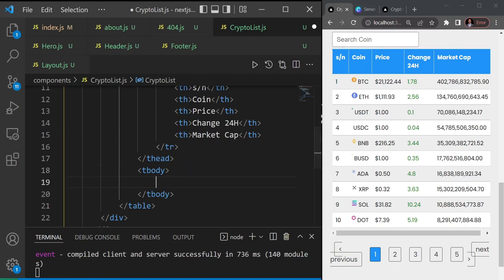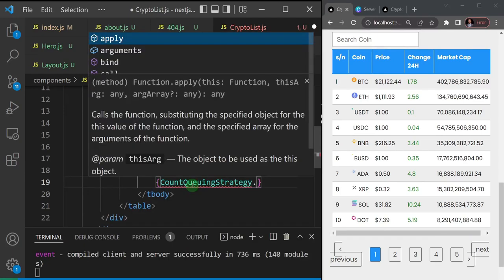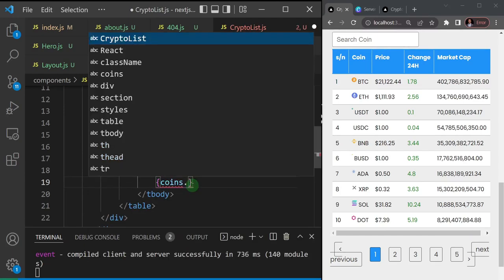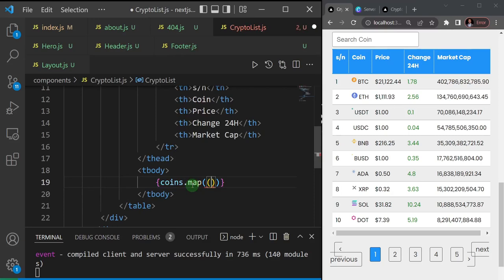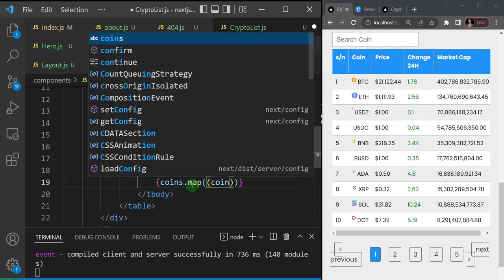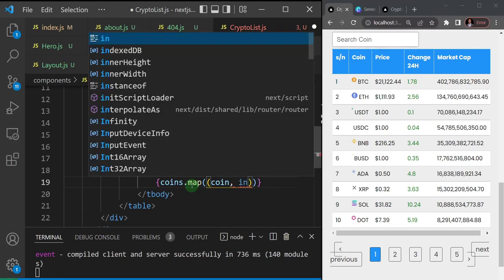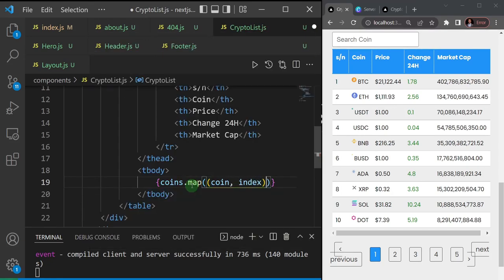So I'm going to open that table body here, and in the table body, this is where I'll map through the coins. So here I'm going to say coins dot map, and I'll open this up. Then I'll represent each item as a single coin, and I'll also grab the index, so that I'll name it from there. Then I will just open it up like this. So remember, you need to return something. So I'll return,